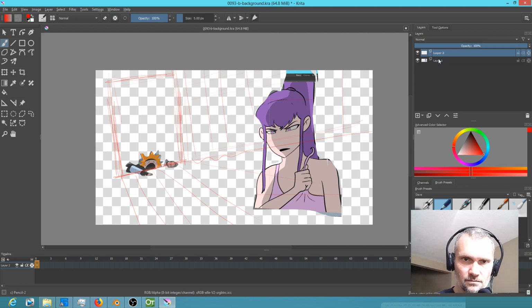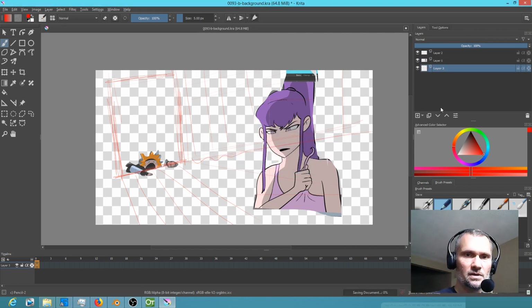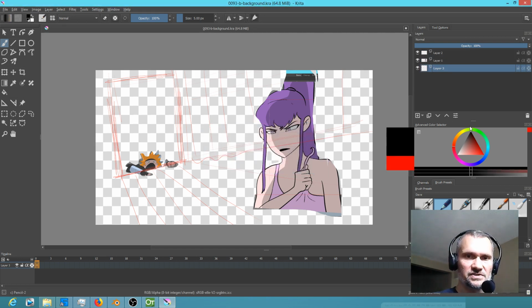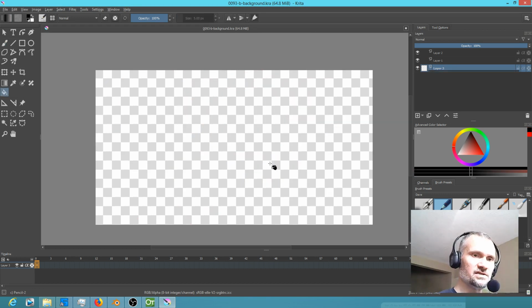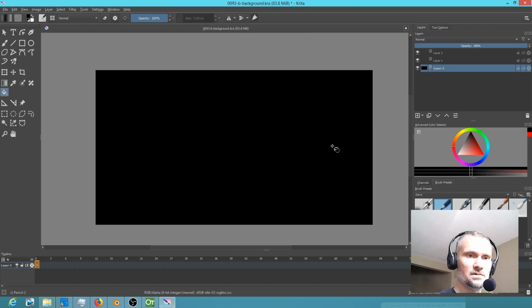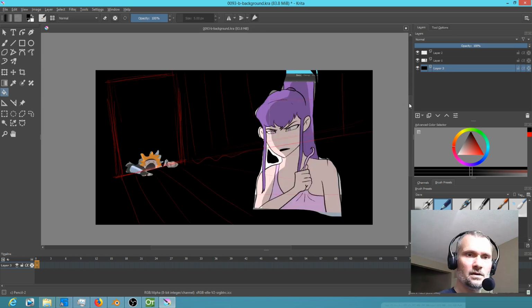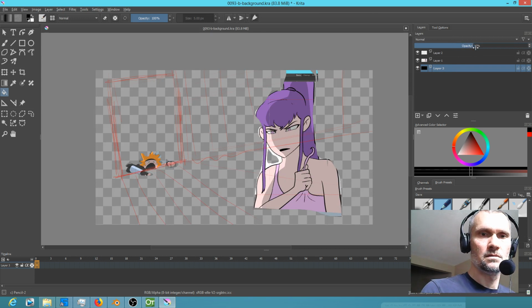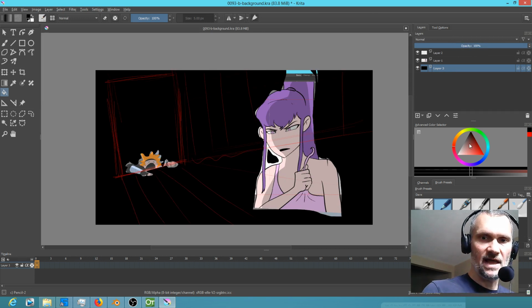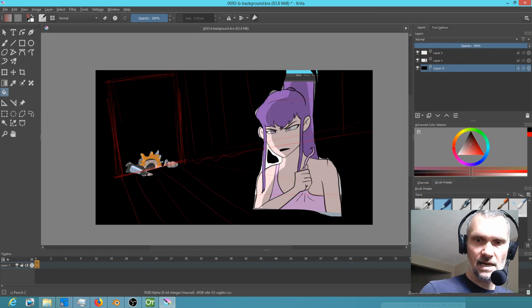Okay. So with that, I'm going to put another layer below, and I'm going to save my work. Save early, save often. And the first thing I'm going to do is just fill it with black. So let's solo the layer so we can just fill it with black. Flood fill. Okay? And so with that having been done, now let's